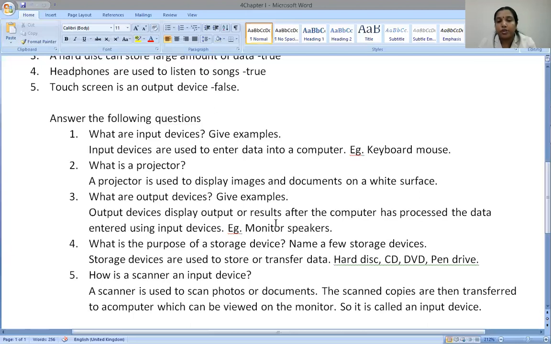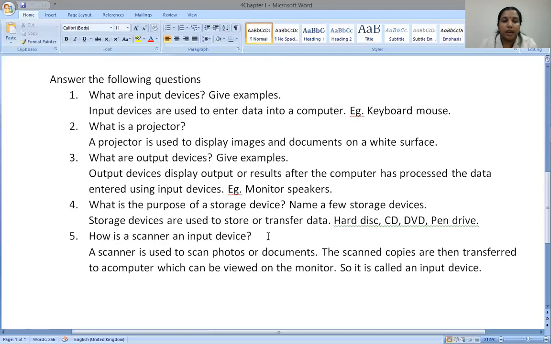Then fifth question, how is a scanner an input device? Answer: a scanner is used to scan photos or documents. The scanned copies are then transferred to a computer, where they can be viewed on the monitor. So it is called an input device.